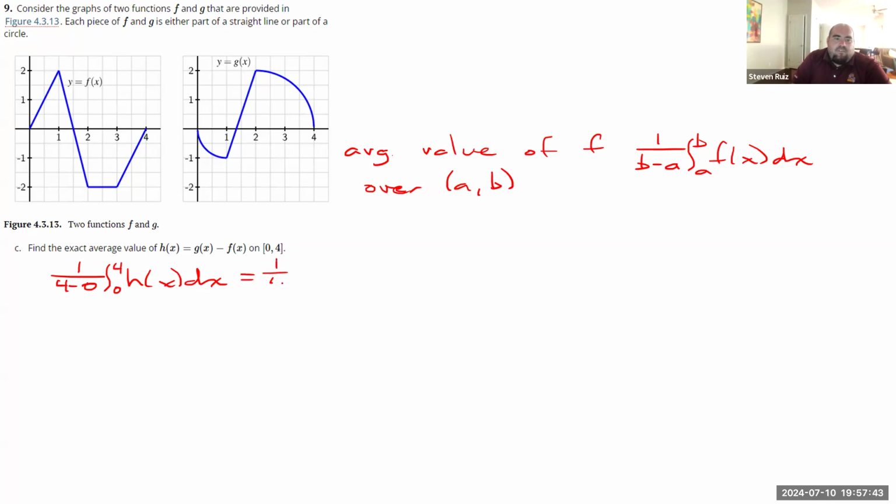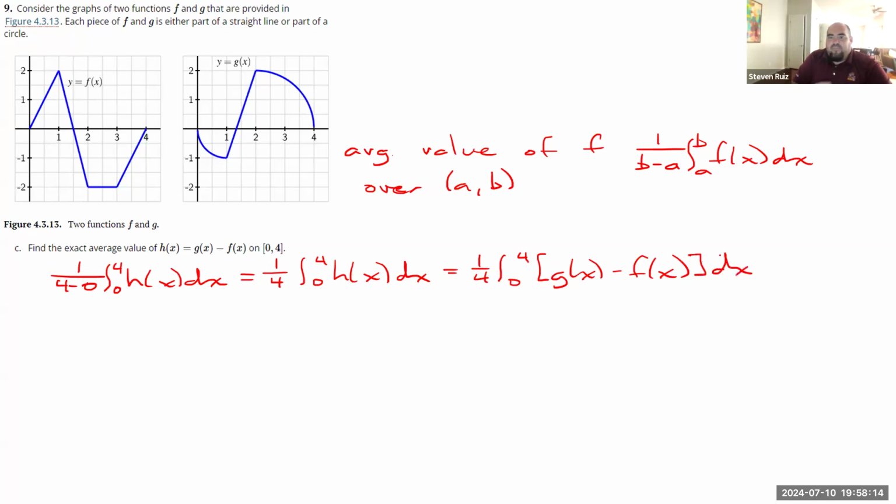So I got 1 over 4 times the integral from 0 to 4 of h of x dx. But what is h of x? That's going to be 1/4 times the integral from 0 to 4 of g of x minus f of x